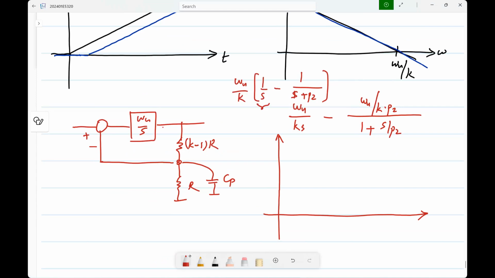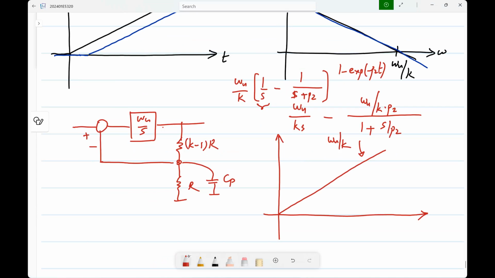And when you multiply it by omega u by K, its slope becomes omega u by K. What is the step response of the second part? Exponentially. Okay. What is the step response of that? Just that part. Exponential. What is the step response of this? 1 minus. Okay. So the pole, I mean, this S plus P2, this is a common way of writing it, and it's